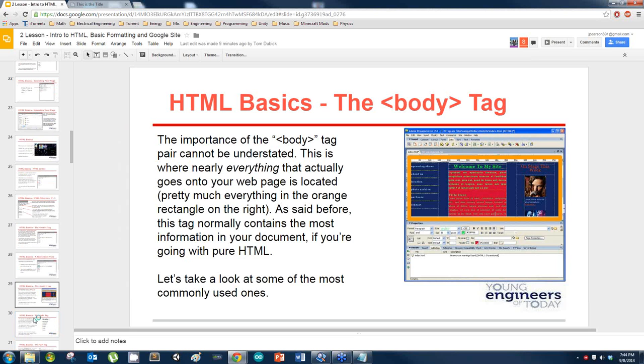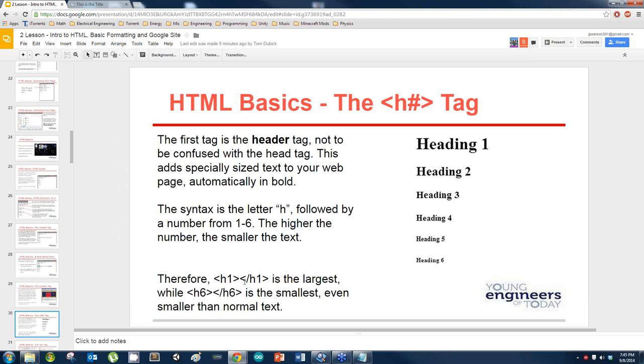So now there's different ways of formatting the text. There's actually a whole lot more than what we're presenting here, but these are the fundamentals built into HTML, the H1 to H6. On a lot of forum sites and stuff like that, you actually still use these types of codes to make your words bigger and smaller, depending on how you want to write it. So here's H1 to H6. The syntax is H followed by a number 1 through 6. The higher the number,